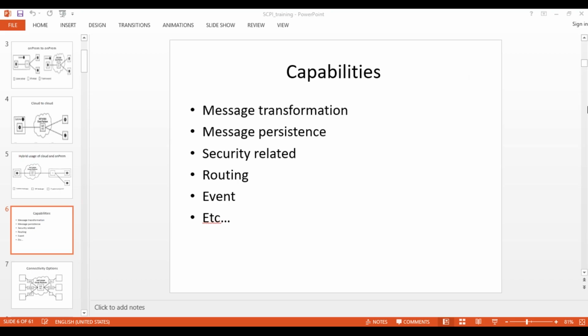So the capabilities of CPI will be the same as in any other cloud integration. That means the necessary scope of integration will be delivered by CPI. The second aspect is that whatever capabilities are delivered by PI presently, the same will be delivered by HCI as well. Of course, there are more also.